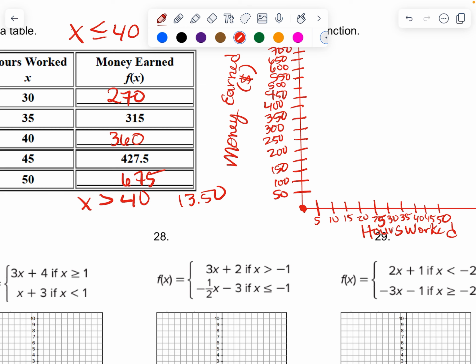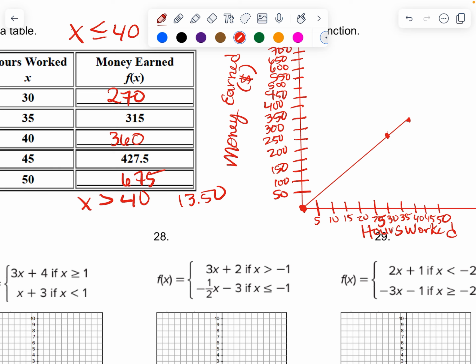At 30 hours, he made 270. So 30 is 270, somewhere right in here. And at 40, he made 360. So 40, he made 360, somewhere here. So from here to here, it's not perfect, guys. He made that. But after 40,